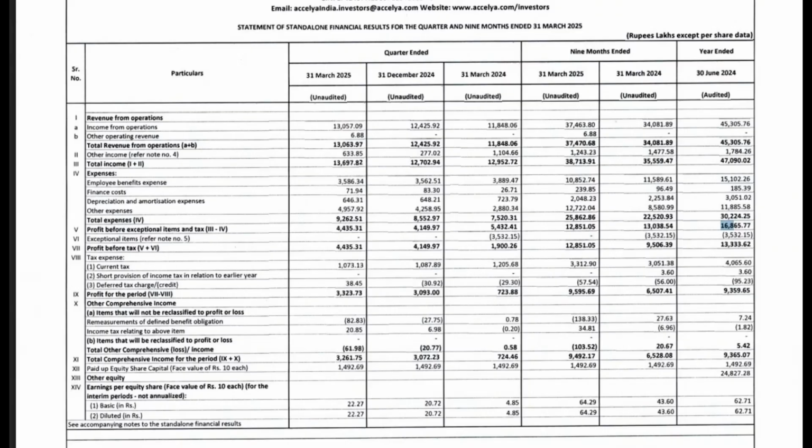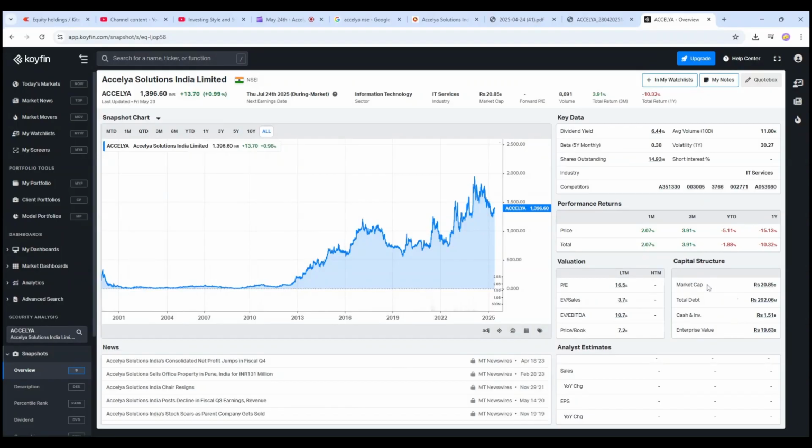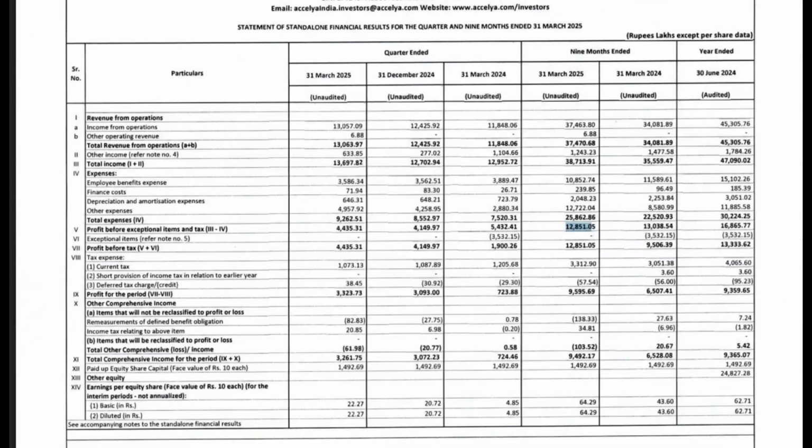But this is pre-tax. This is just EBIT of the company. We'll need to check the enterprise value. Let's check the enterprise value. I have this here. So the total enterprise value, they have total debt of 29 crores, and cash of 150 crore. So their total enterprise value is lesser than the market cap. So let's say round figure, it is 2000 crore.